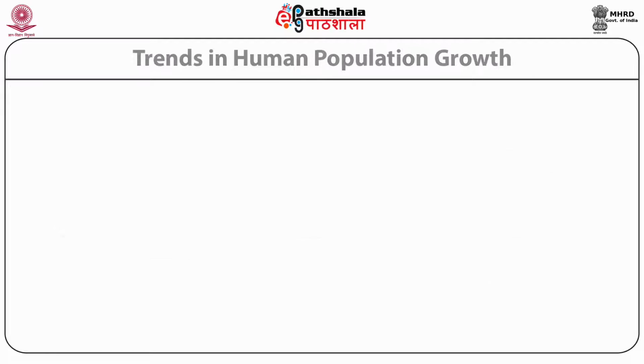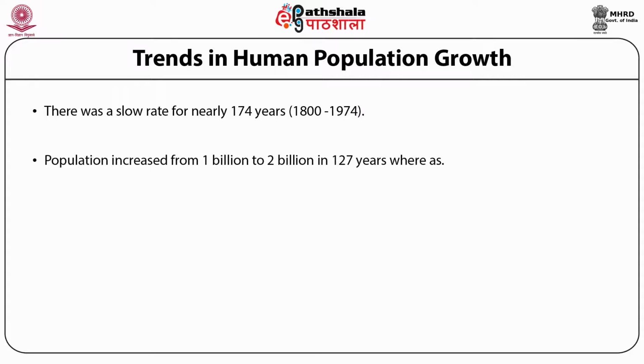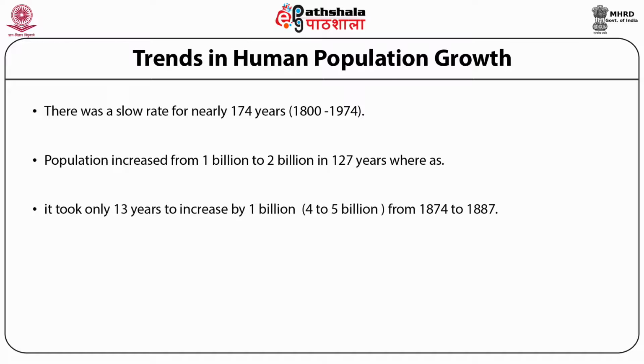0.1012. Trends in human population growth. There was a slow rate for nearly 174 years from 1800 to 1974. The population increased from 1 billion to 2 billion in 127 years, whereas it took 13 years to increase by 1 billion, that is from 4 to 5 billion, from